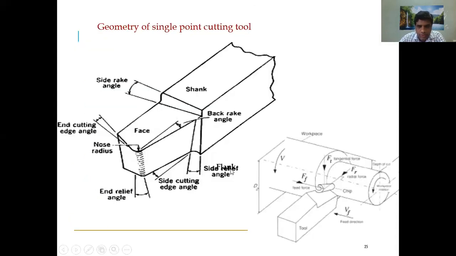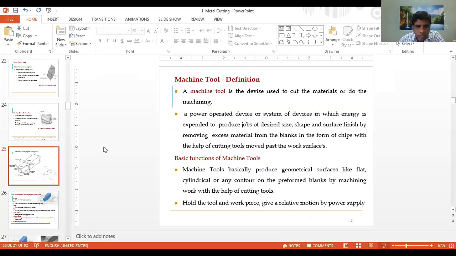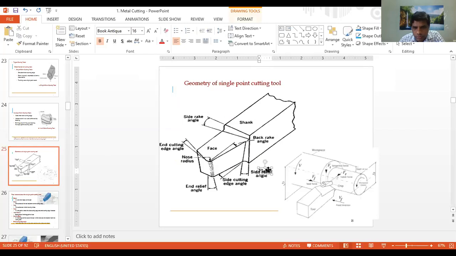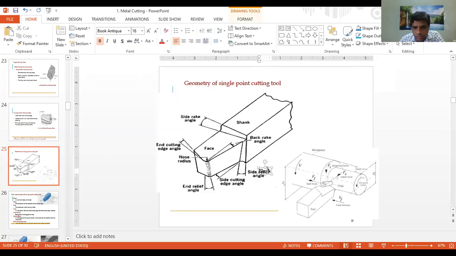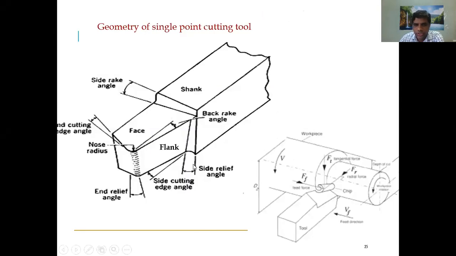Just a minute. Something has to come here, right? So this is the side cutting edge. This is called a side cutting edge. Your textbook is mentioning it as a side cutting edge. So remember, the side cutting edge is the primary cutting edge or principal cutting edge in a lathe, right?